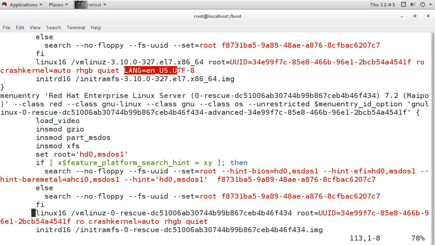Then it is also setting the language options here, and we also have many other options which we can run with the kernel. When we edit the kernel at boot time, we can change these parameters. Whatever parameter we want to run or don't want to run, we can add and remove from here. We just give a space after this and we can add our parameters. So we can add multiple parameters.